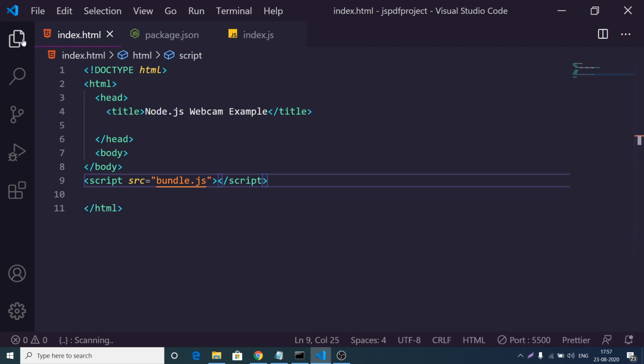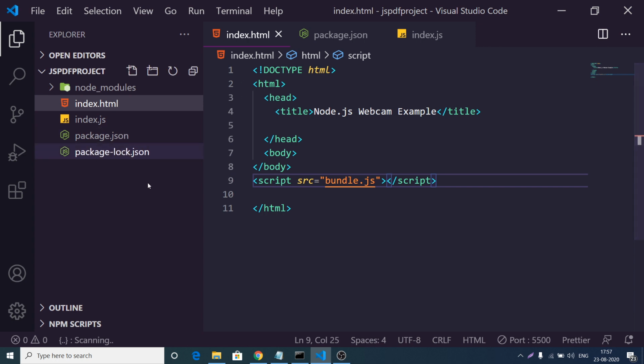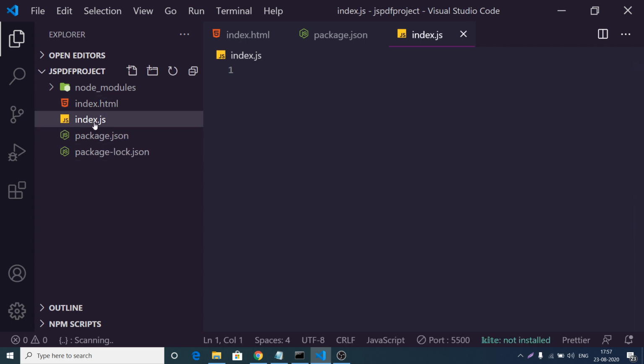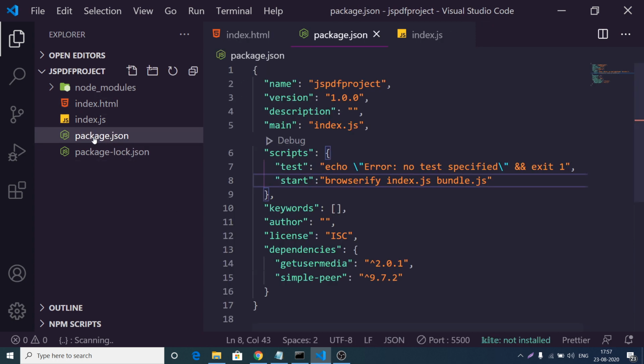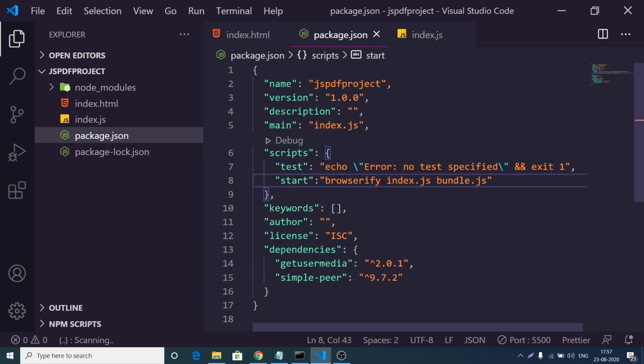As you can see, this bundle.js is not present yet. Inside my package.json, I have initialized a script called start, and I have provided the value browserify index.js, and the output file name will be bundle.js. You just need to add -o for output.